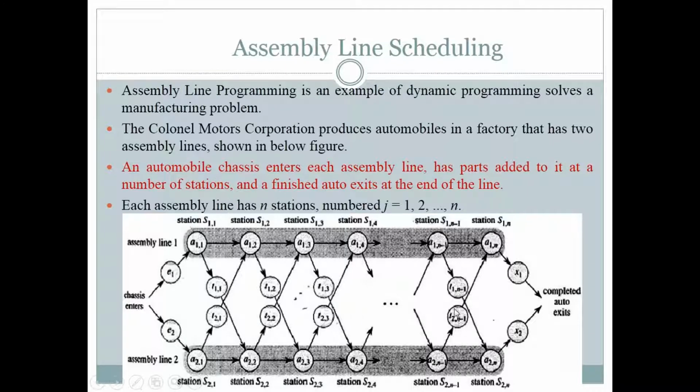So this will be the transfer cost, these will be the stations, this will be your entrance cost, and this will be your exit cost. Your main aim is to find the minimum cost at which you can manufacture your automobile, and also which stations give you that minimum cost.